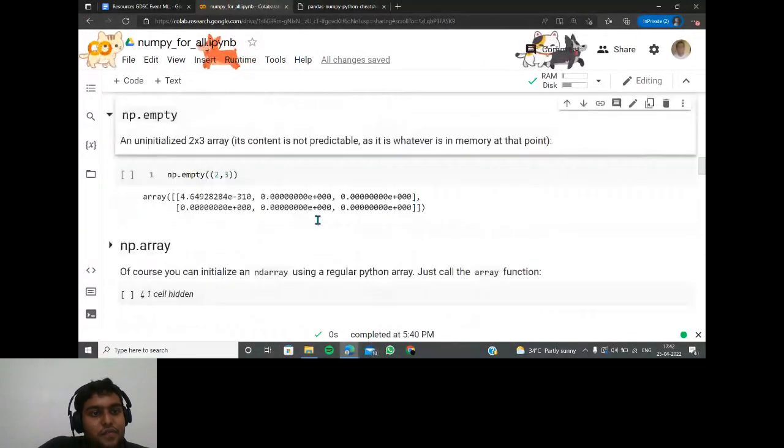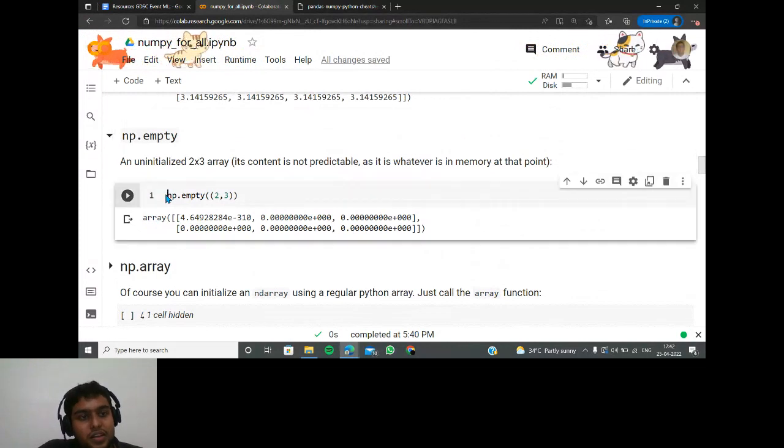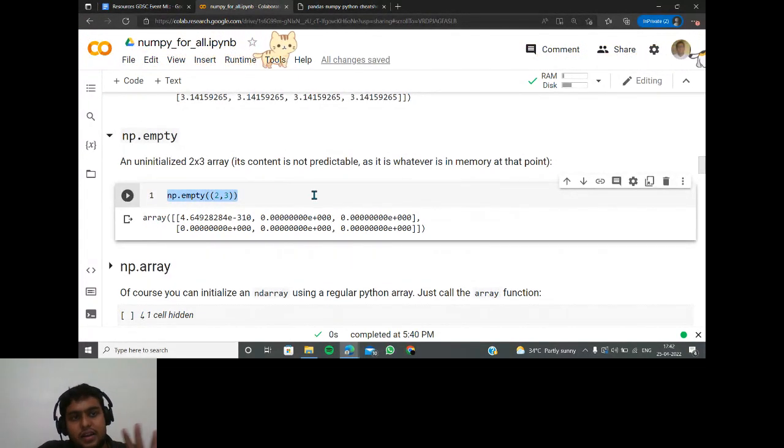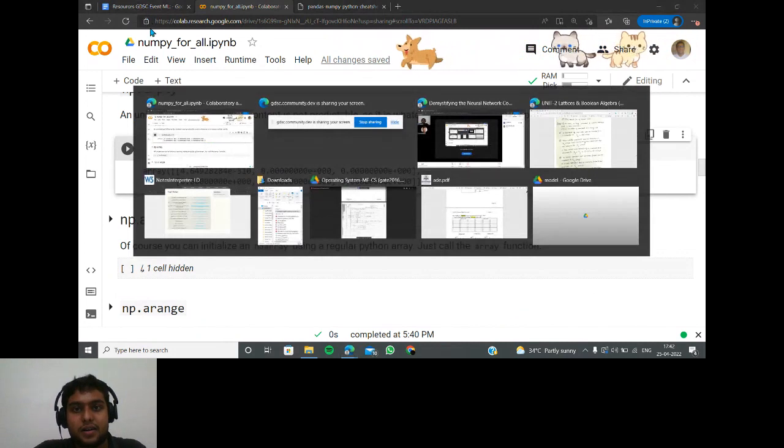Now, if you want to create an empty array, it's very simple. You can just go numpy.empty and look at it. It's an uninitialized array that you can keep creating. At the end of the day, when you think of something like convolution operations or anything, it's still going to be the same old thing. np.empty is just going to be that kind of function that you will be looking back at.